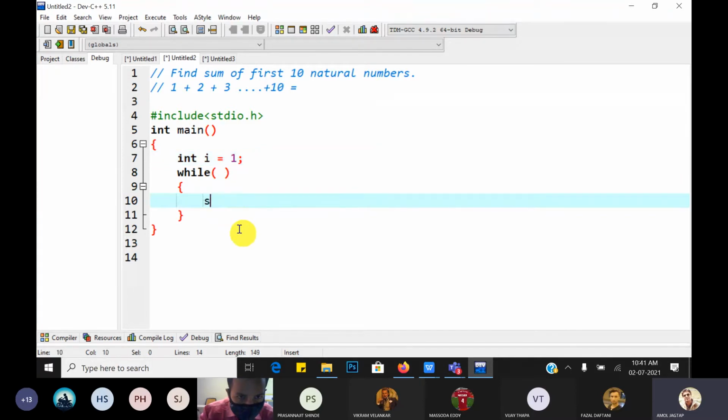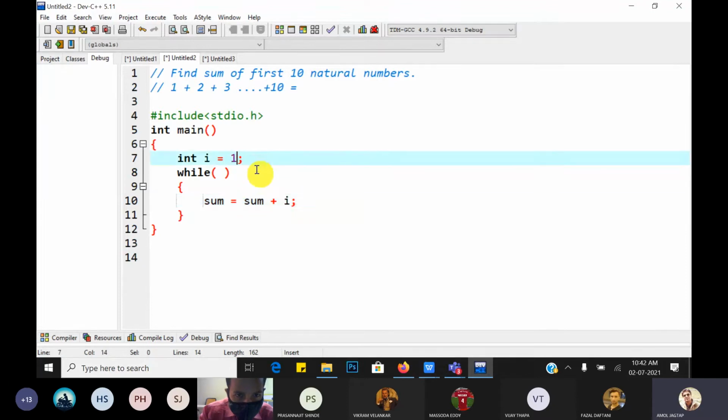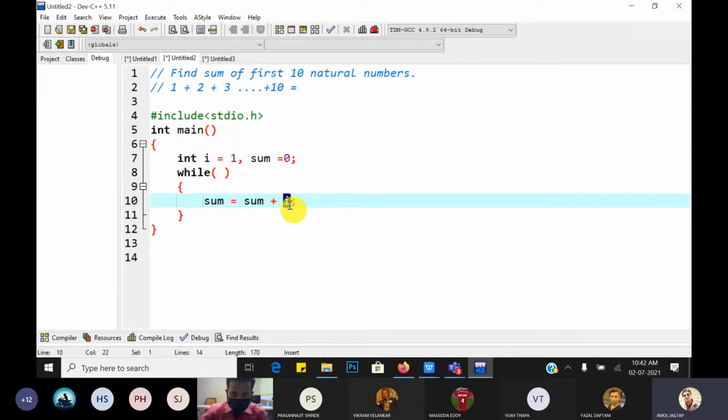Here we have to write sum is equal to sum plus I. First we add 1 to the sum, and initially sum has value 0. So 0 plus 1 becomes 1, and that value is saved in the variable sum itself.